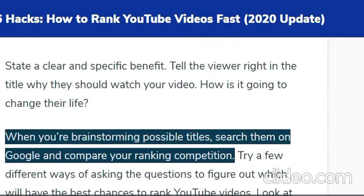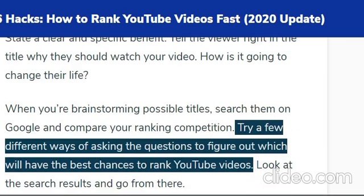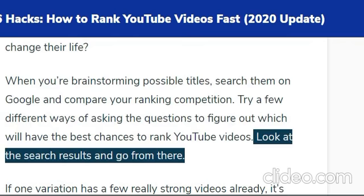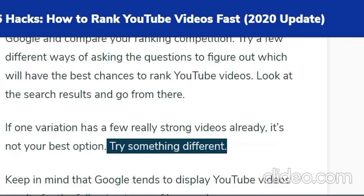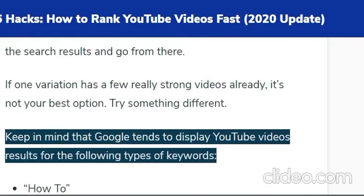When you're brainstorming possible titles, search them on Google and compare your ranking competition. Try a few different ways of asking the question to figure out which will have the best chance to rank. Look at the search results and go from there. If one variation has a few really strong videos already, it's not your best option. Try something different. Keep in mind that Google tends to display YouTube video results for the following types of keywords: